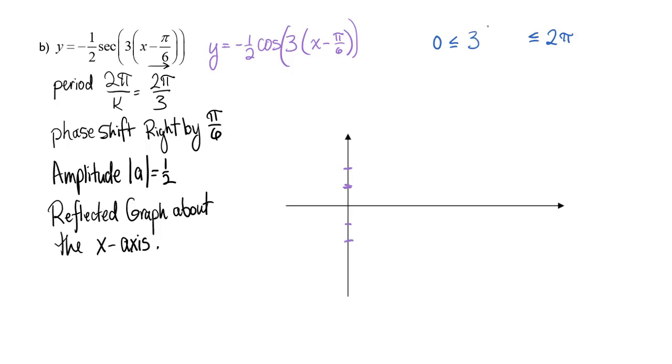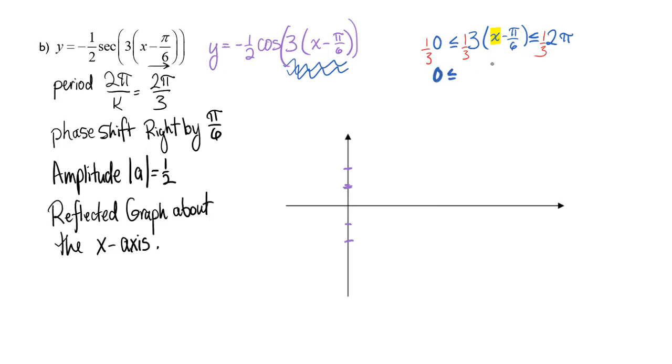I just put that inside of the function cosine into this inequality. And then I solve for x. My goal is to get x all by itself. So the first thing I'm going to do is multiply everything by 1/3 to get the 3 out of there. Now I have